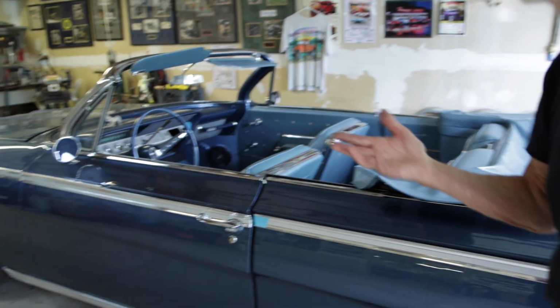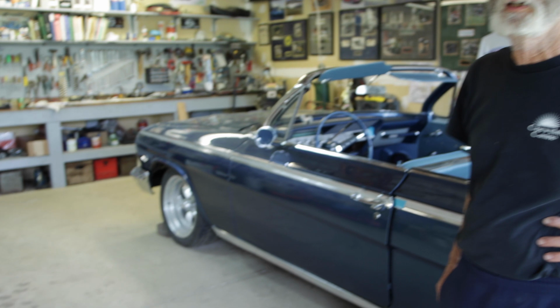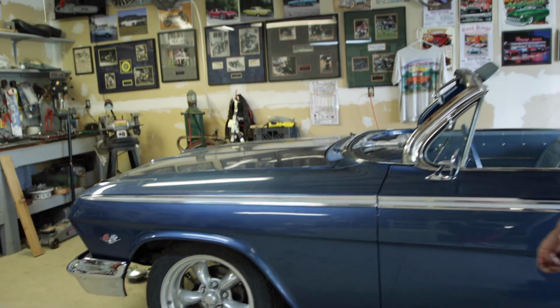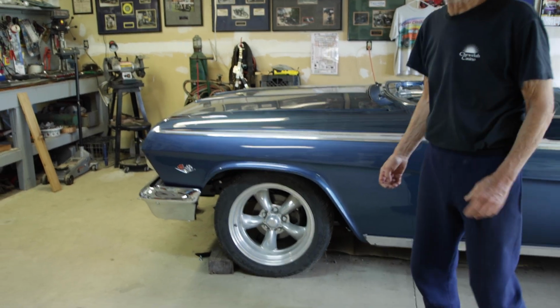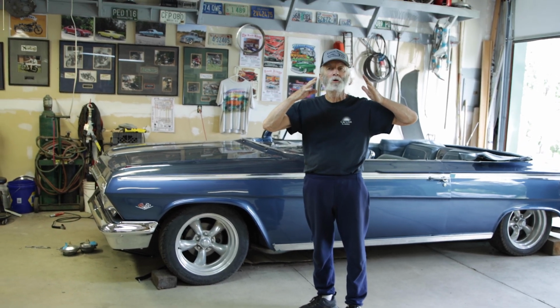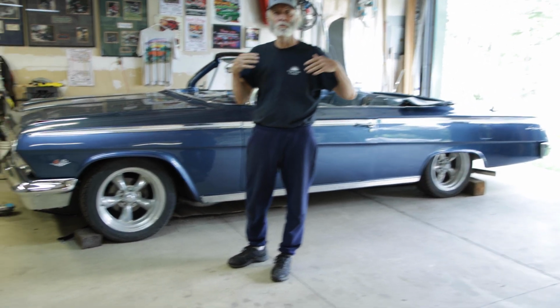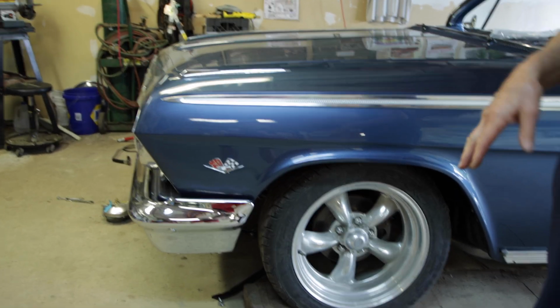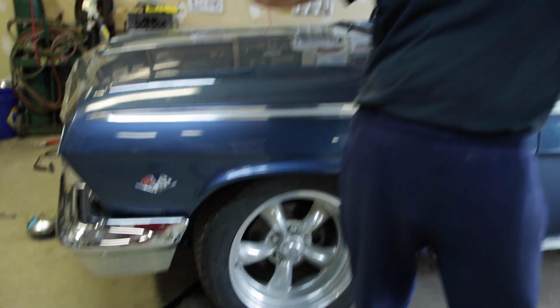So still to do on this car is we're going to have to change out the front springs again. It sits way too high. We're up in the nosebleeds here. It also is messing up the camber on it. You can't get the camber set because the springs are too tall. They're oversized. They're taller than stock. I meant for them to be shorter than stock, and instead they're taller than stock. So it kicks the wheels out like that and screws up the